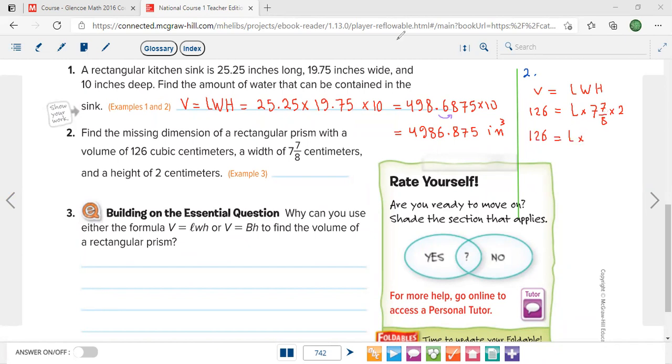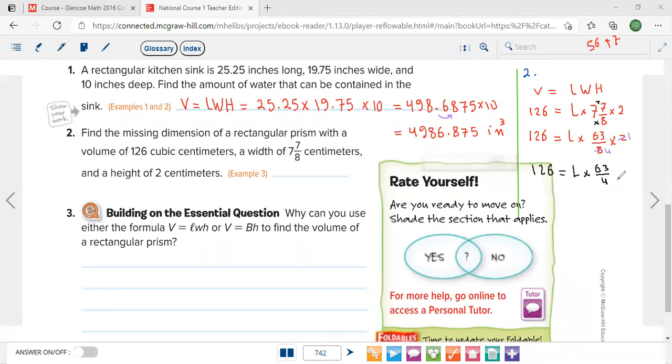We can transform it into improper fraction, multiply then add. So 8 multiplied by 7 is 56, and 56 plus 7 gives you 63. So this is 63 over 8. Multiplied by 2, we can use cancellation. So divide by 2 will give you 1, divide by 2 will give you 4. So this is like 126 equals L times